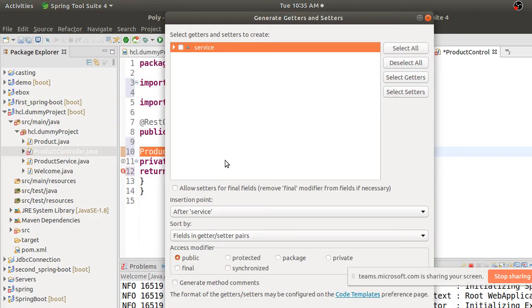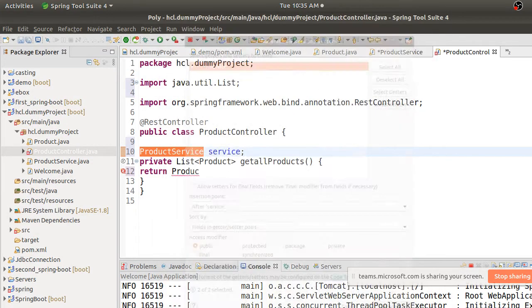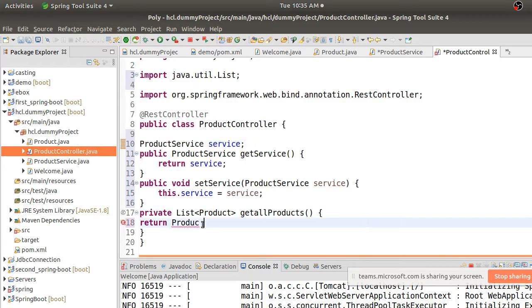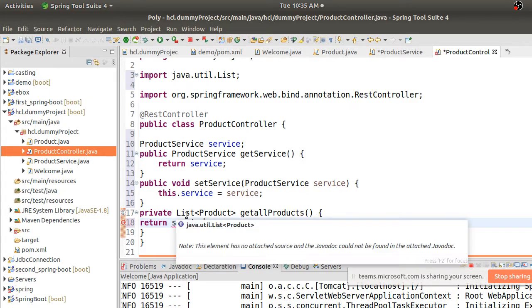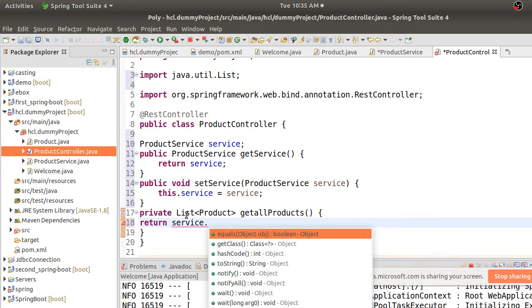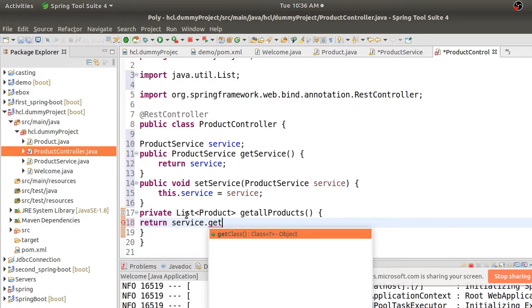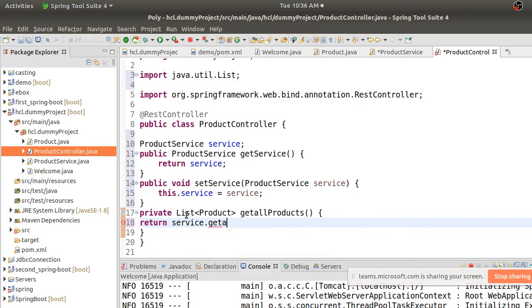Fine. Now I'll use this service. So now I am calling a method. Actually, I don't have that method coded yet, but I'll just call it and code it after that. So getAllProducts.